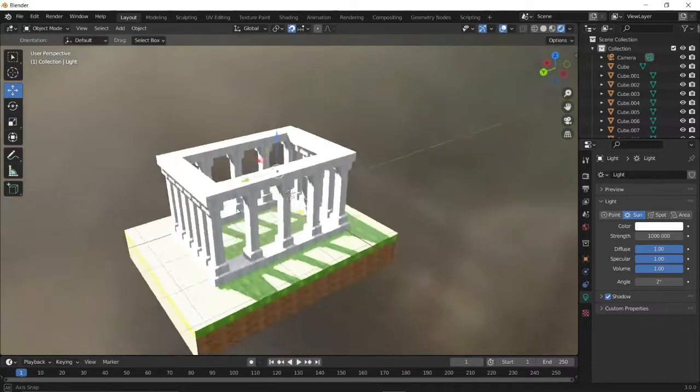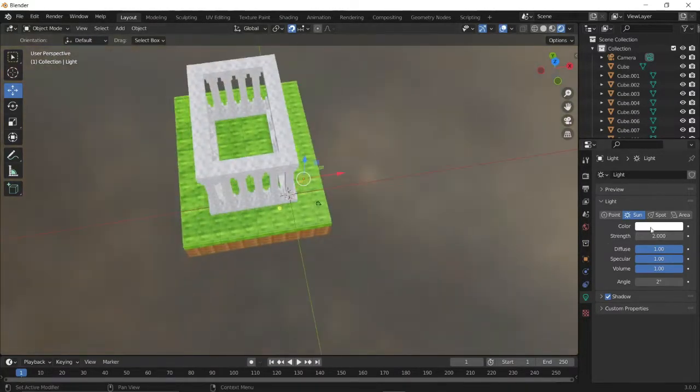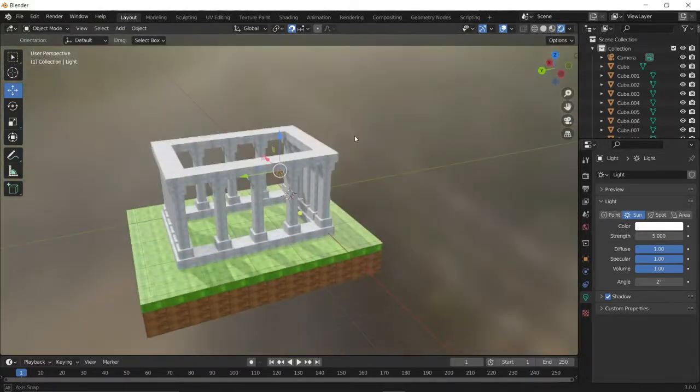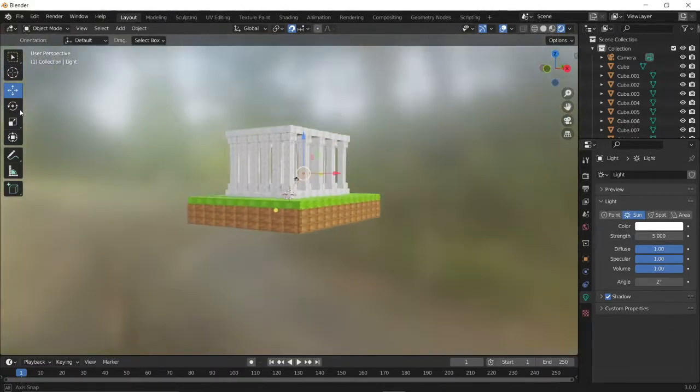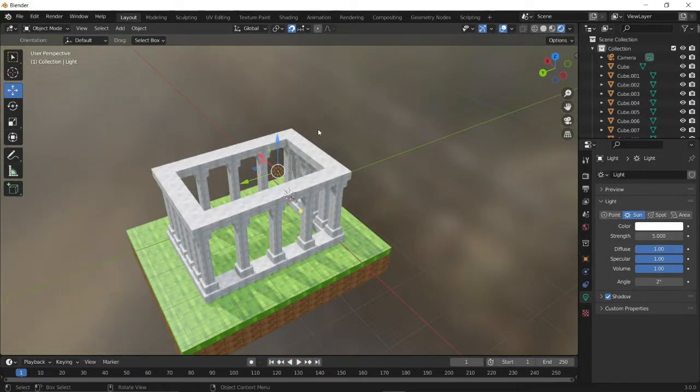Angle is the spreading of the shadows, and the strength is the strength of the sun. I guess 10 is more. I'll go with 5. I guess it looks fine. The angle is not the angle of the shadows, but the angle of spreading of the shadows.